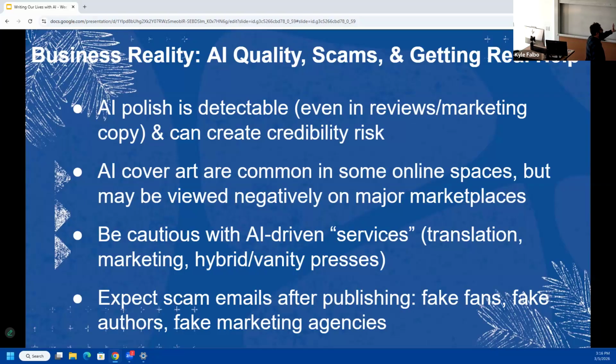Other places would be marketing and hybrid vanity presses. Just be really cautious in that space. Again, people are trying to offload labor, and the process of offloading labor often ends up with not a great result. Expect scam emails after publishing. Fake fans, fake authors, fake marketing agencies.